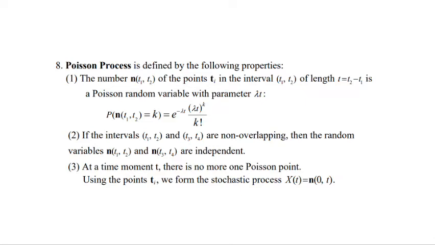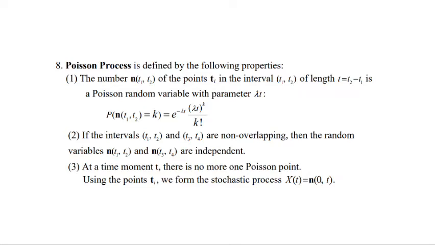Second, if the intervals (t1, t2) and (t3, t4) are non-overlapping, then the random variables n(t1, t2) and n(t3, t4) are independent. Third, at a time moment t, there is no more than one Poisson point. Using the points ti, we form the